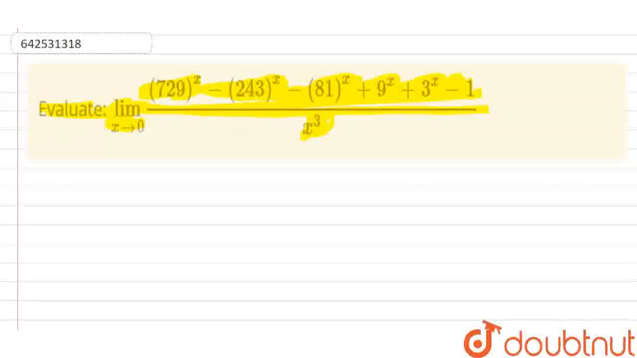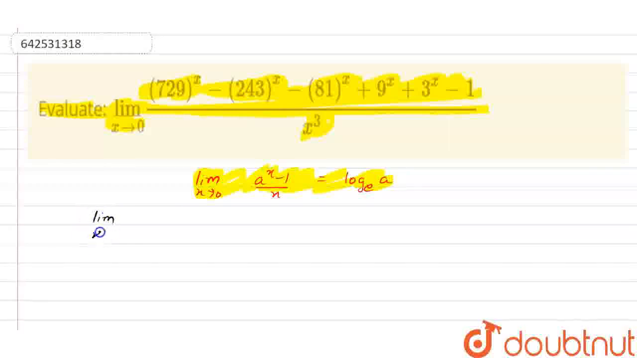So now first of all we have an important property of limit, that is when we have limit x tends to 0 of (a raised to power x minus 1) divided by x, then it will be equal to log e a. So we can say this will be our important property for solving this question. So now let's start. What we have given is limit x tends to 0,